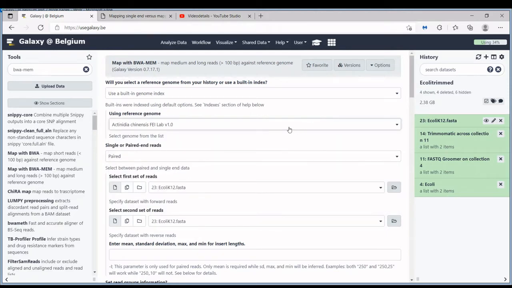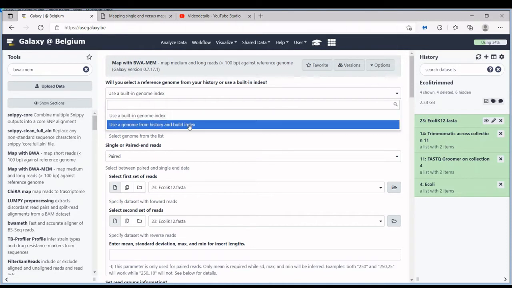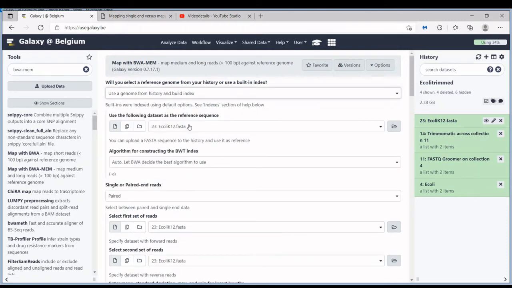So you either choose here a built-in reference genome, or if it's not supported, you can also upload your own FASTA file. And then you use this one. Prerequisite here is that the FASTA file is in the history in Galaxy. When it's in the history, it will recognize it and suggest it here.